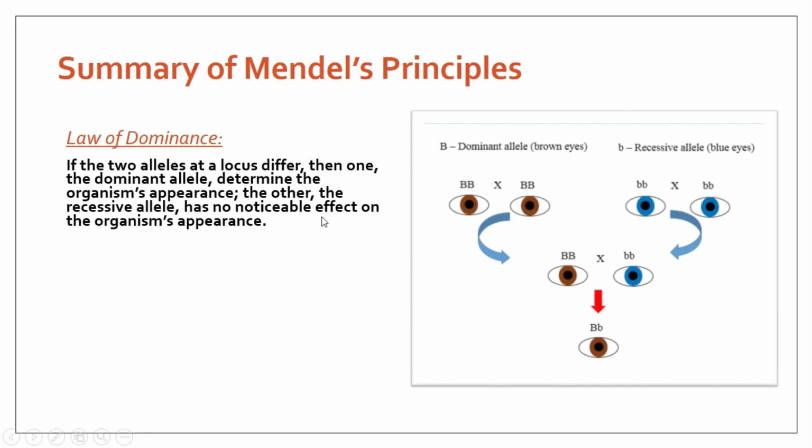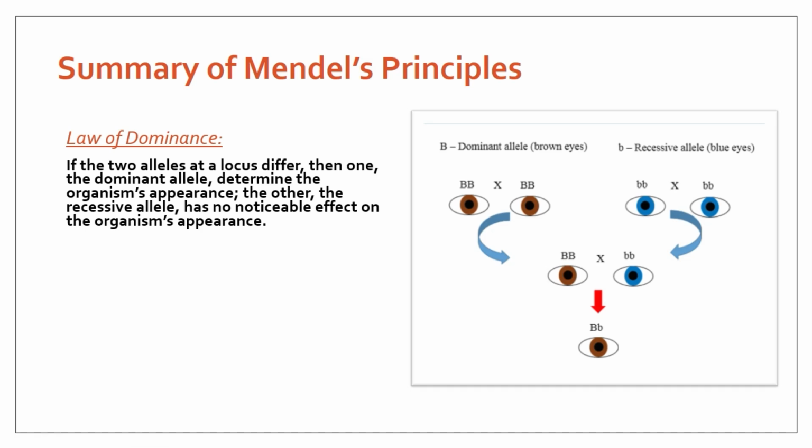For understanding the law of dominance better, let's have a look at this picture. If you remember, we said that we are receiving different alleles from our parents. Suppose this brown color is a paternal allele and this blue color is a maternal allele. So you can see that in the genotype of that person, there are two different types of alleles. But if you observe the phenotype, or the person's eye, you can see that the person's eye color is brown. It means